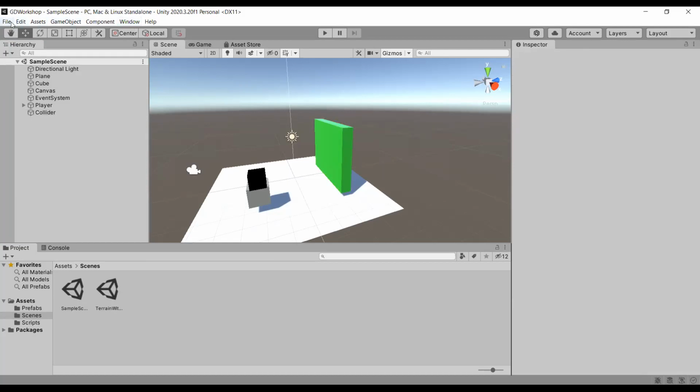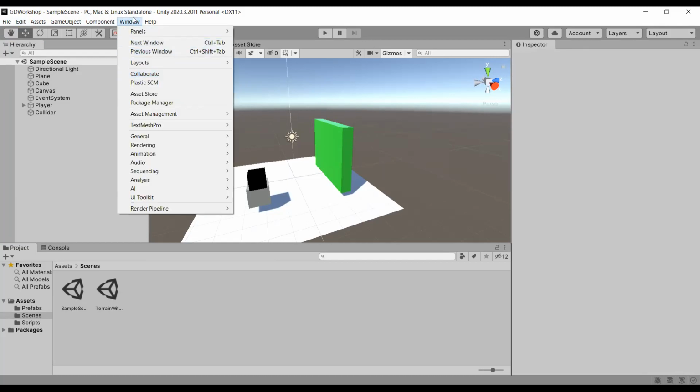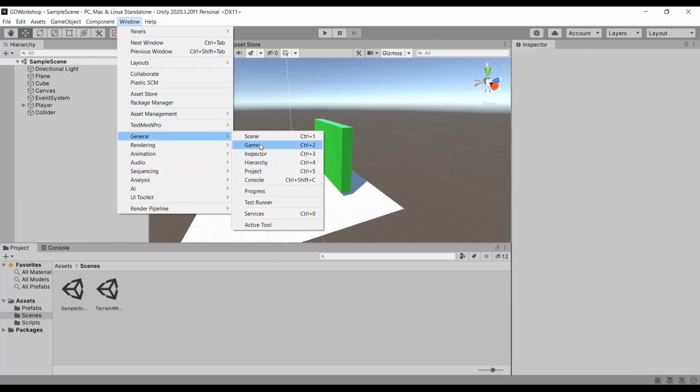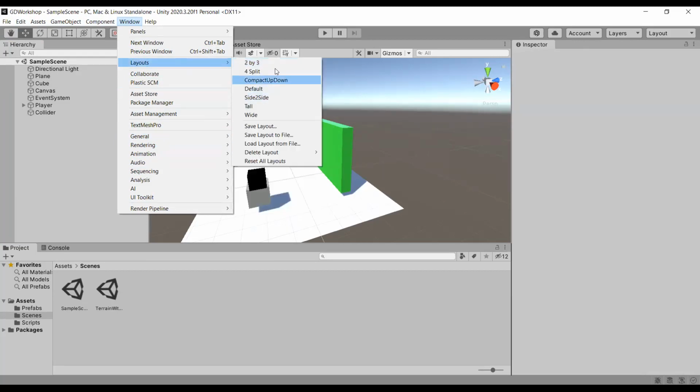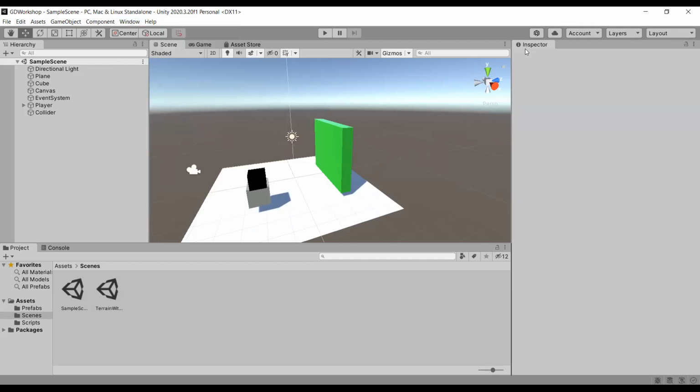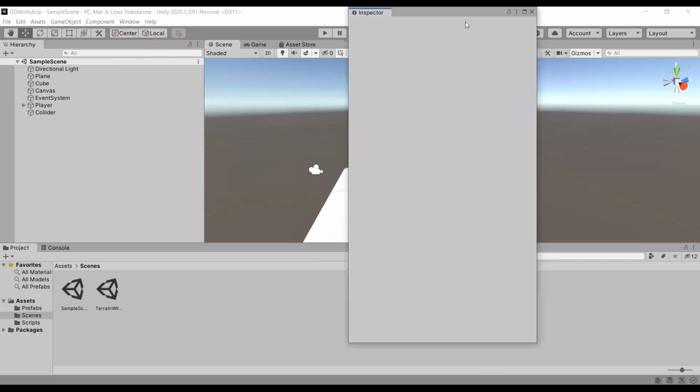First of all, in the taskbar, you have the common File, Edit, Assets and so on. In the window you can see a bunch of things you can use while using this game engine, such as General, the Scene, the Inspector and so on. These are all the defaults available in your game engine. You can change your layouts by either using a custom one, or you can just drag and drop.